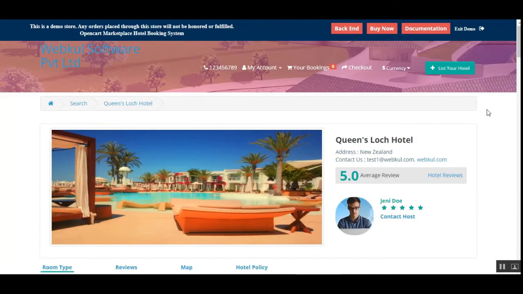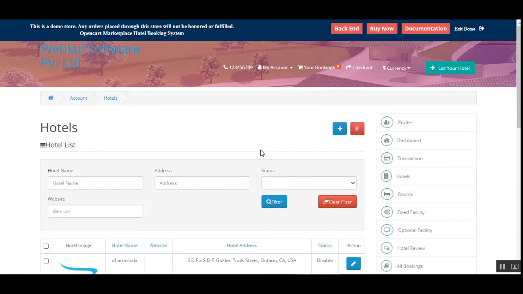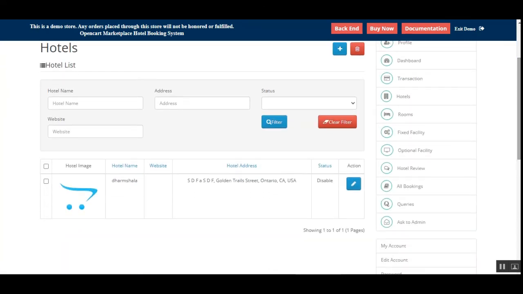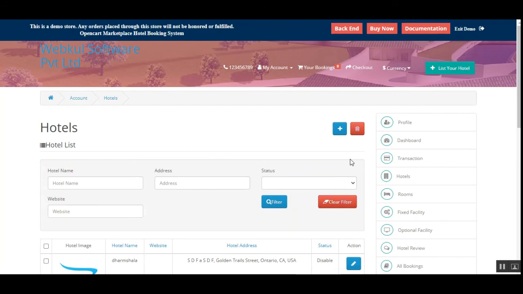So that was much about the customer's workflow for the OpenCart hotel booking management system. And in the coming videos, we'll be showing you how the vendors, or the host, would be able to create a host account, how they can list their hotels. And let me give you a gist about that, a small gist. So if I tap here on the list your hotel button, because I've already been approved as a host,